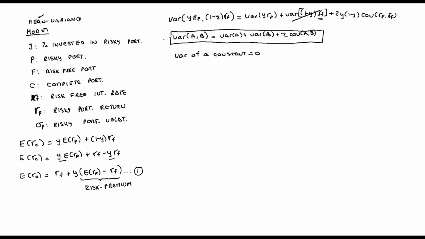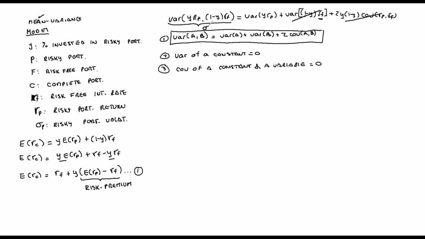Now, this is the first rule, and there is another rule. What is the covariance of a constant and a variable? I will give you the details later, but it is also equal to 0. So this implies also, guys, that all this part here disappears. Okay, so we end up having the following. I will call the variance of all this part here